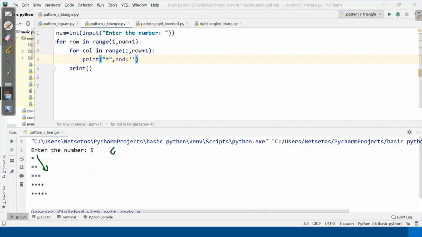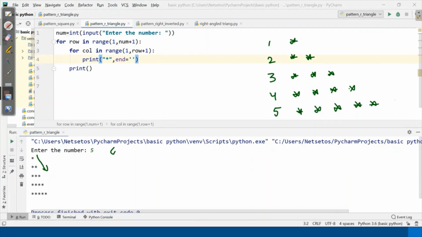So now here we have one triangle, in row 1 we have 1, in row 2 we have 2, in row 3 3, in 4 4 stars, and in 5 5 stars.